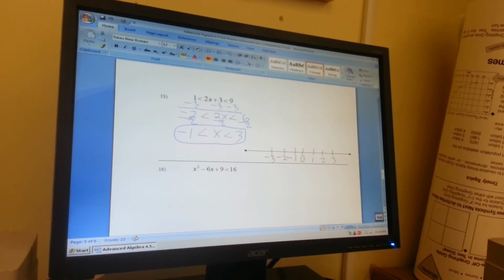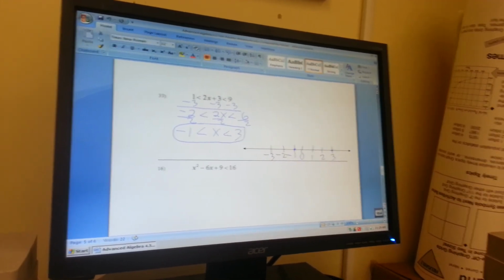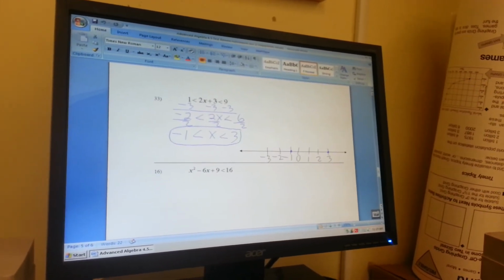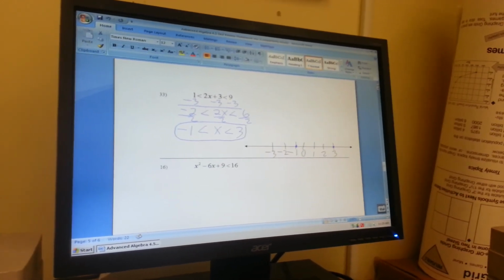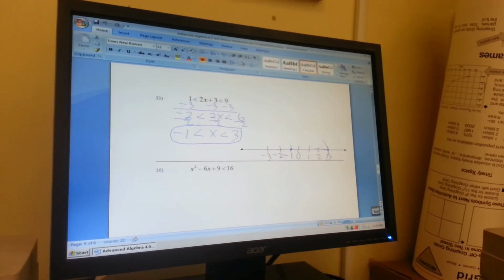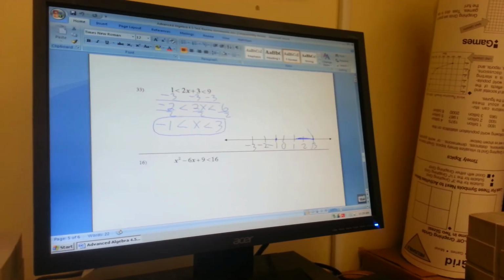So at -1 and 3, what will I be drawing? Because this is what we call an in-between. X is less than 3, so we're going less than 3, and at the same time greater than